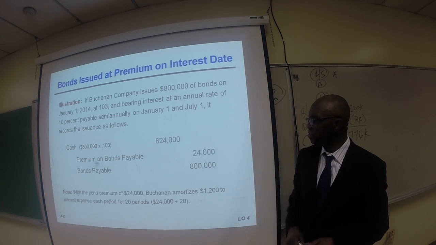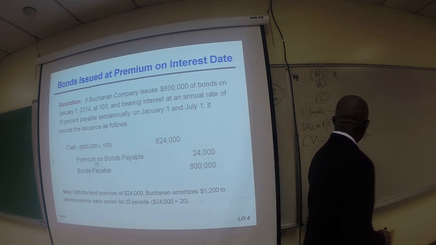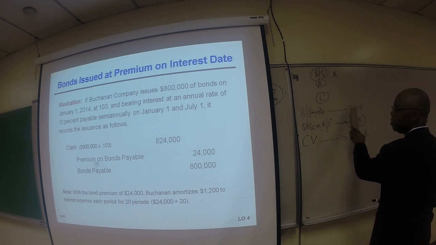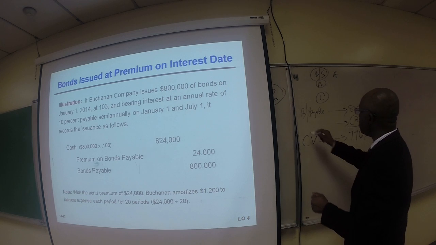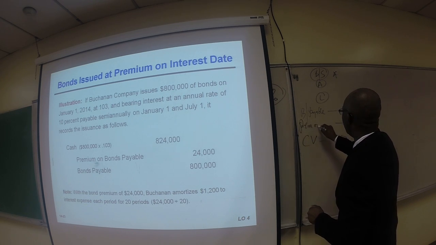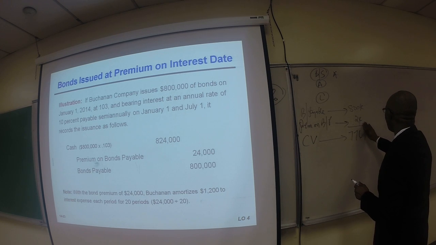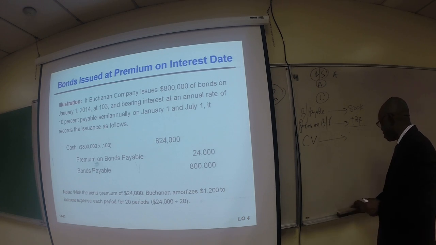The cash that we receive is 824,000. The premium on bonds payable is $24,000. Now, if we were to report this on the balance sheet, the bond payable will be 800,000. The premium on bonds payable will be 24,000. Premium on bond payable is plus. We add it to bond payable,